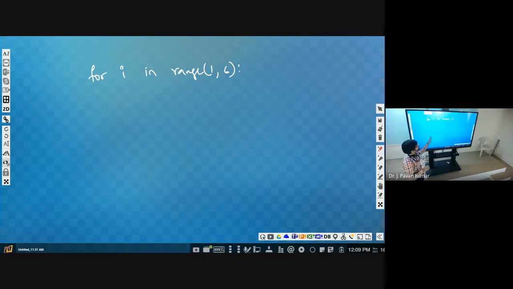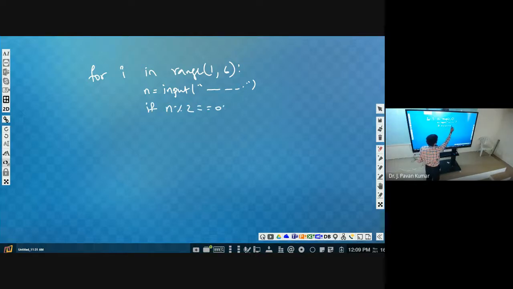What are the 3 statements? n is equal to input of enter number, right? Next, if n is divisible by 2, then we have to print n square. So let us consider s is equal to n into n, then print s.